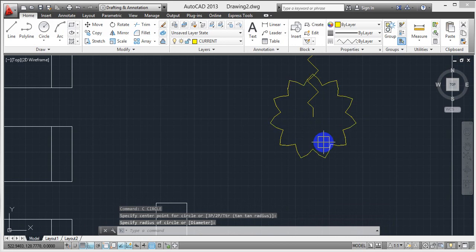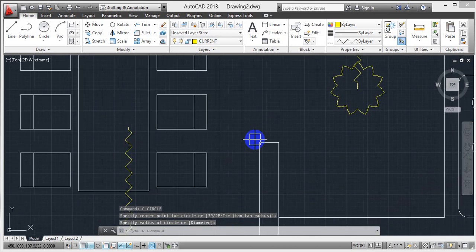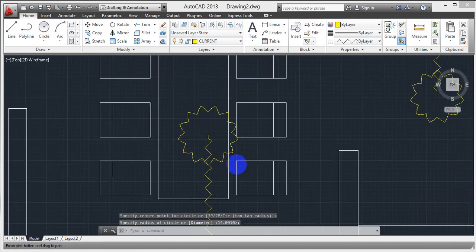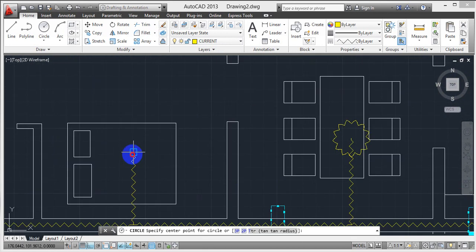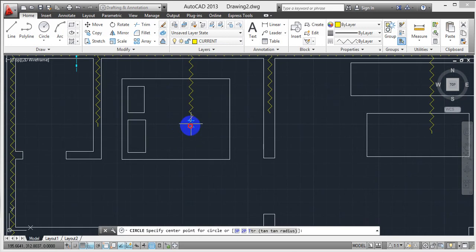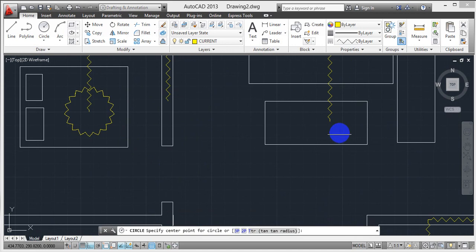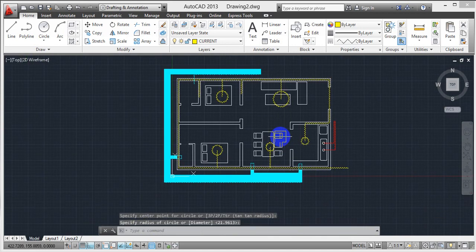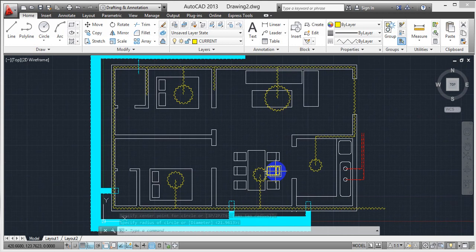So why is it coming? Because we have a line type, the current line type, and I have taken circle. Again continue. You can simply understand this. These are fans. Okay, these are fans we have completed. So this line type, gas line type completed, electricity line completed, and water line completed.